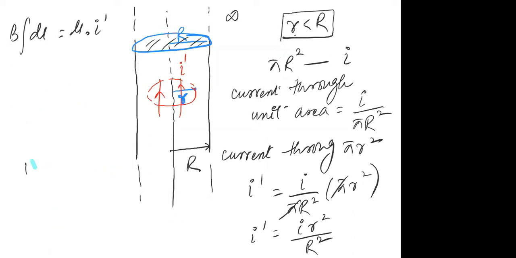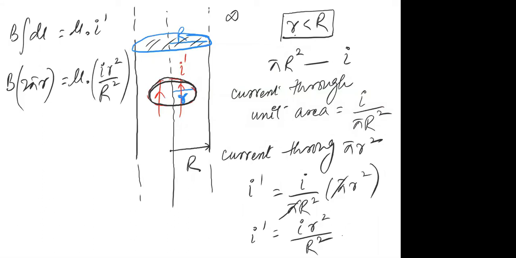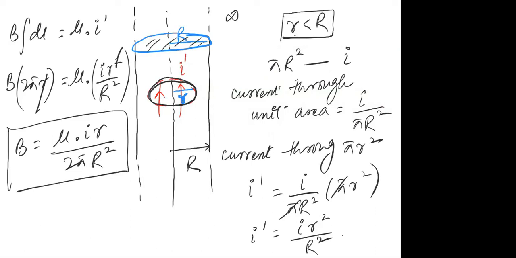So this is the current that we will get from this Amperian loop. Now what we are supposed to apply is Ampere's law, and we will write this as the integral of B dot dl. If you integrate dl, you will get the circumference, which is 2 pi r, equal to mu naught into I dash. The current would be written as I into small r square upon capital R square. If you solve it, small r gets cancelled by small r, and this will become B equal to mu naught I multiplied by small r divided by 2 pi capital R squared. This is the value of magnetic field which you will get inside this cylindrical wire.